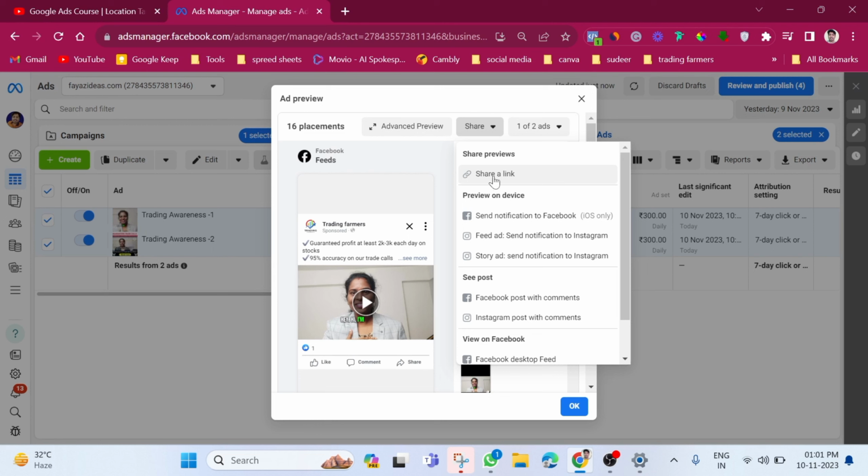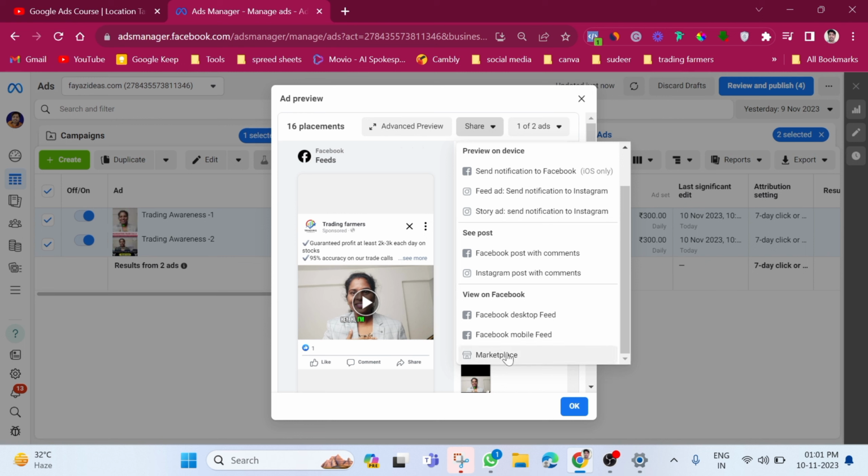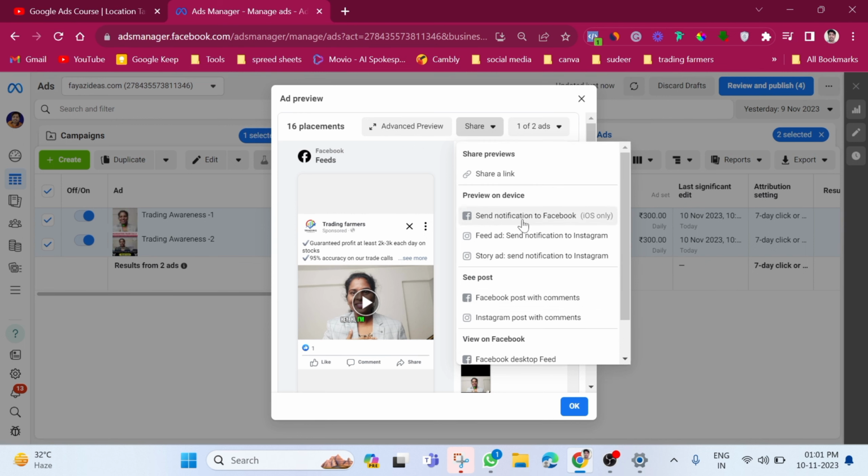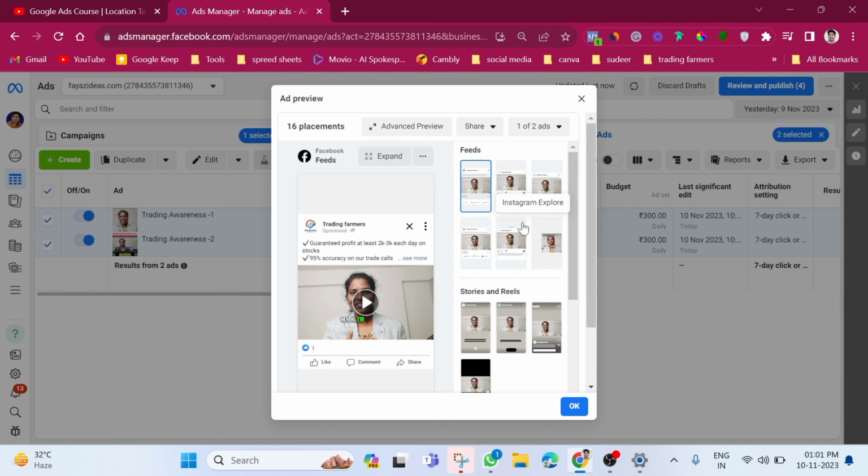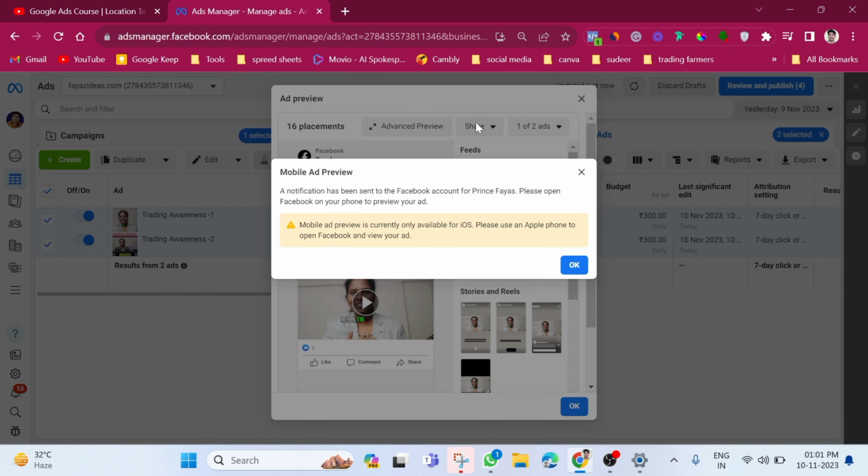You can share with this link to others, and you can send a notification to your Facebook, ad notification on Instagram, story notification. Everything is here. You can see it at your end, or you can send a notification on your Facebook. This is one way. You can see a notification has been sent to your Facebook account for Prince Fayas. So click OK,